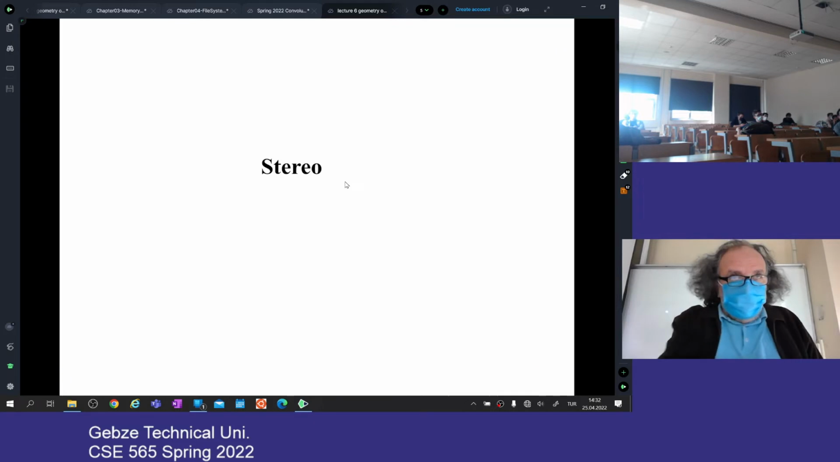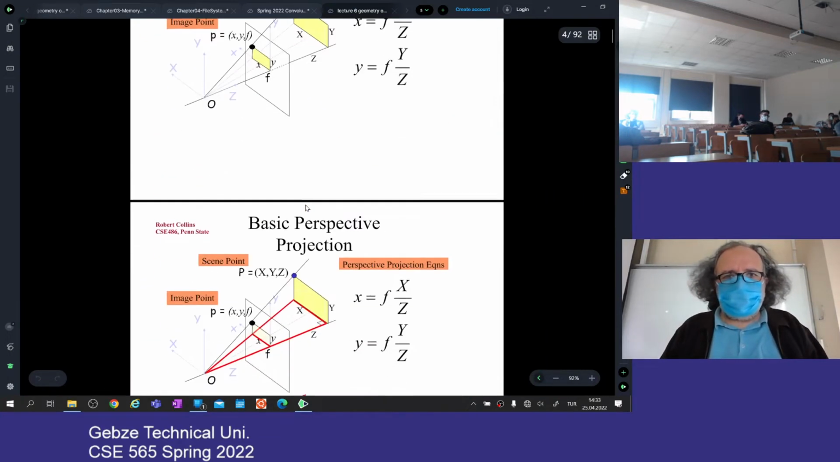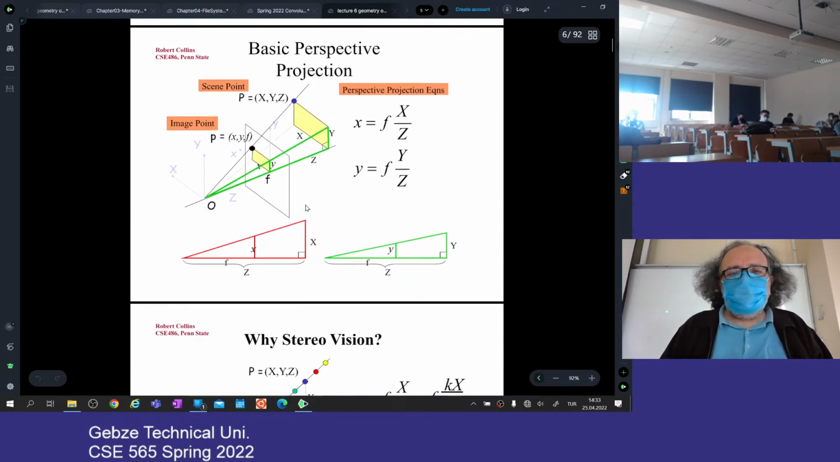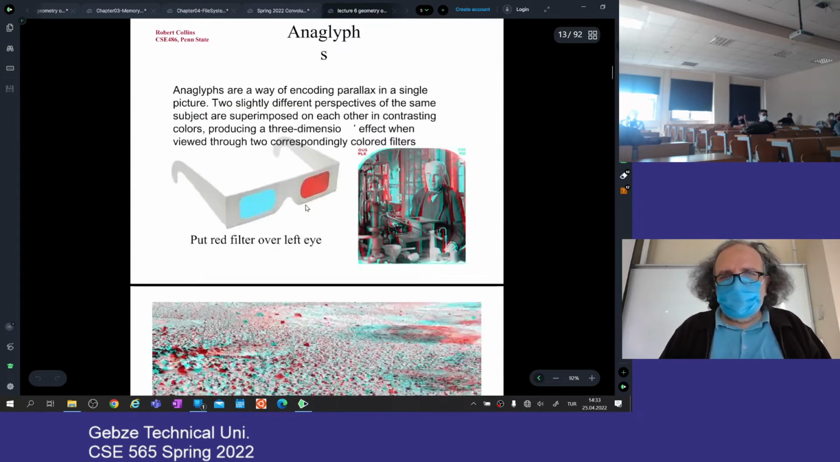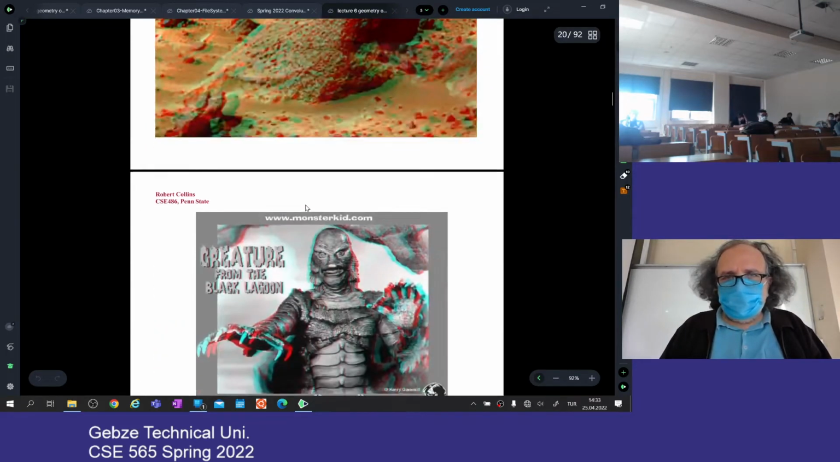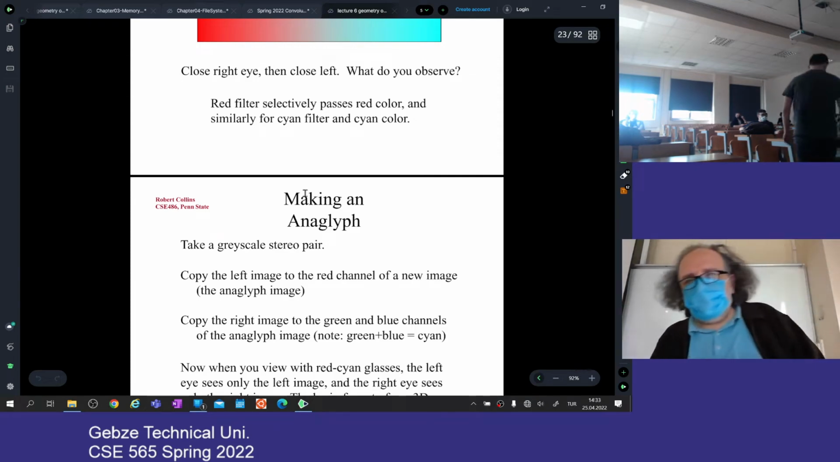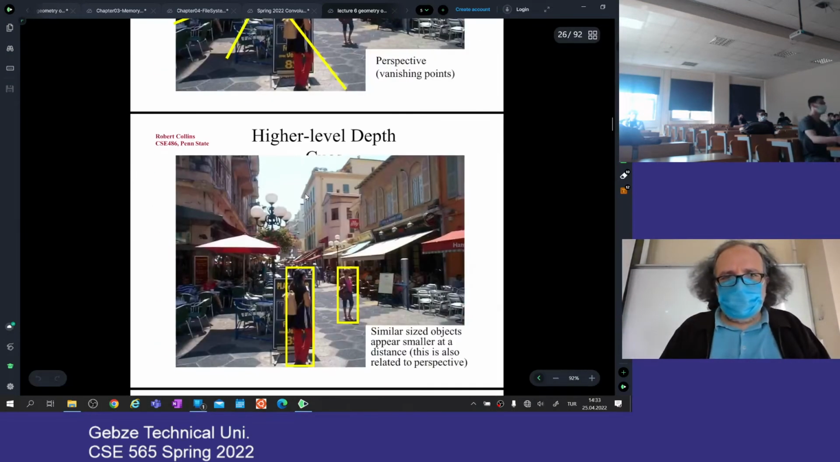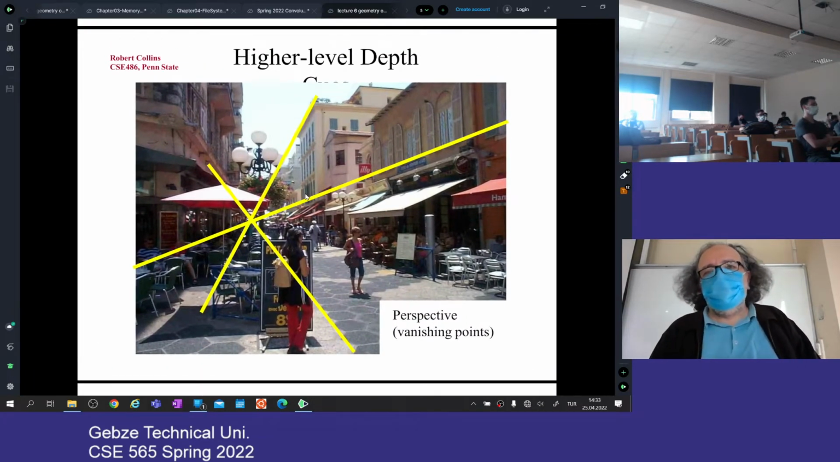Okay, people, so before the exam we started talking about this stereo chapter, and I think we talked about what stereo is. We talked about the derivation of the disparity formulas, and we talked about these anaglyph images, and we said that human beings understand depth both from the